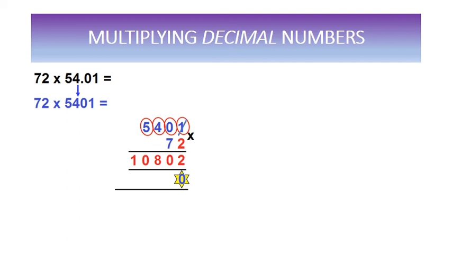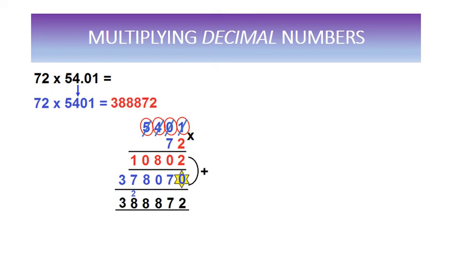7 times 1 is 7. 7 times 0 is 0. 7 times 4 is 28. And 7 5s are 35, plus the 2, 37. Add those together. Units, tens, hundreds, thousands, 10,000s and 100,000s. So our answer to the 72 multiplied by 5,401 is 388,872. Now we look again in our original question and see how many decimal places there are altogether, and there